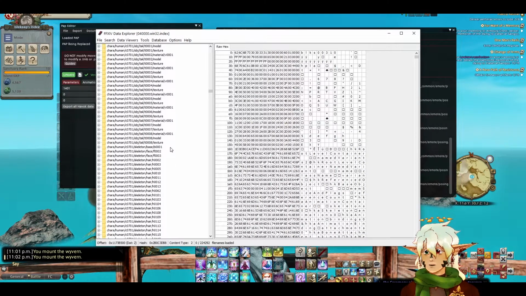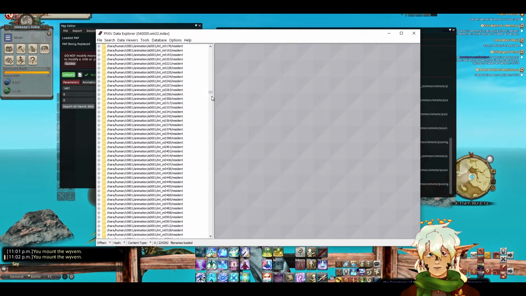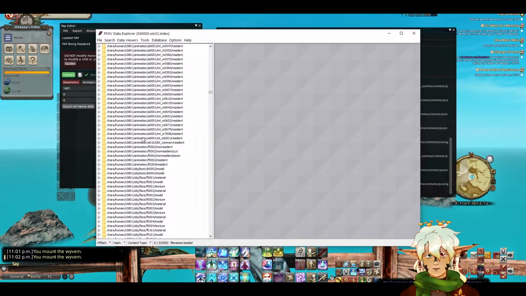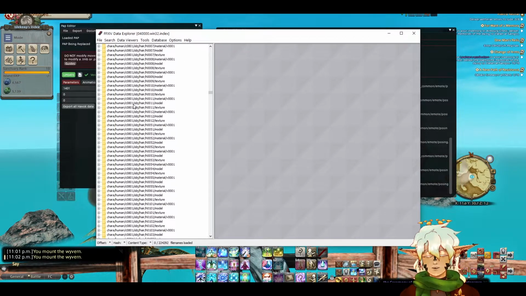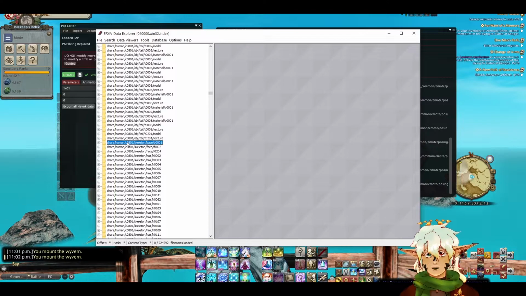So anyway, for Mikote F, their racial code is 0801. Now you want to scroll down in Car Human 0801. Oh, we just missed it. 801. No, not yet. We need the skeleton, so we need the 801 skeleton. Scroll up a bit. This is a delicate task for someone impatient. Aha, here it is. Car Human